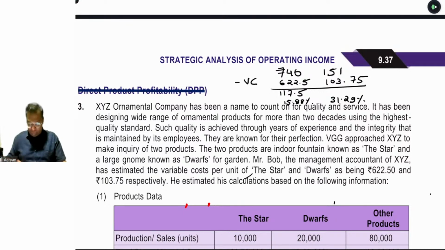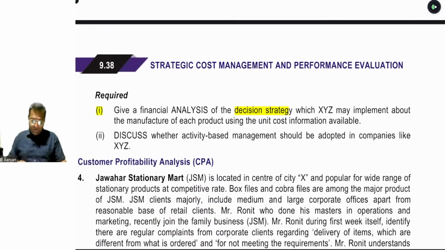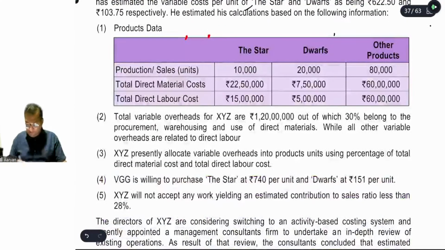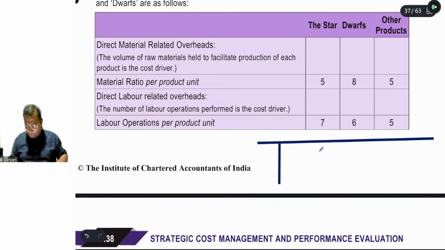ठीक है बेटा, सिंपल सा पॉइंट था। अब इसी चीज को आपको किसके द्वारा सॉल्व करना है? थ्रू एबीसी। You know the variable cost per unit, ये बहुत इजीली आप कंप्यूट कर लेंगे। Variable cost per unit and the labor cost per unit you can easily compute. Now this overhead will be bifurcated into two activities. 30% belongs to activity number 1, direct material related overhead. Activity number 2 will be related to direct labor related overhead. आप मुझे बस ये बताइए, क्योंकि आप टोटल 5 कॉलम बनाएंगे बेटा, you will prepare a total of 5 columns to find out the ABC recovery rate.